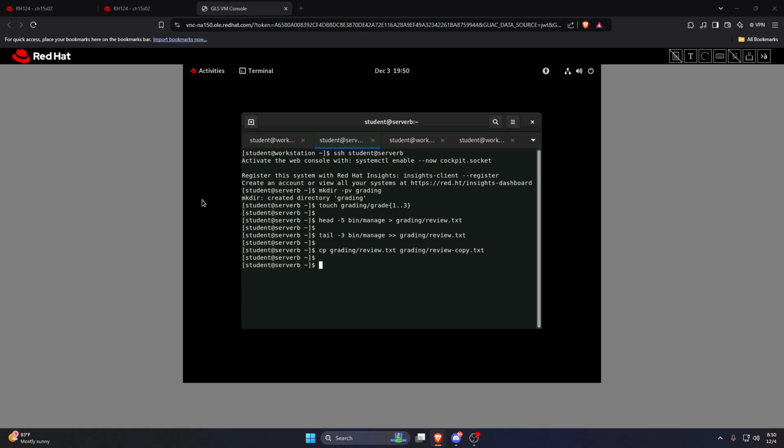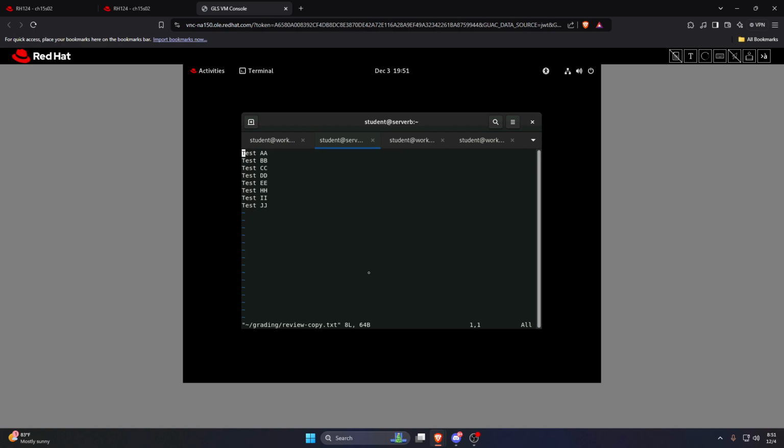So to do that, we need to run the command vim. It is a text editor to edit the said file. So we can do, and let's make it longer, vim /home/student/grading/review-copy.txt.